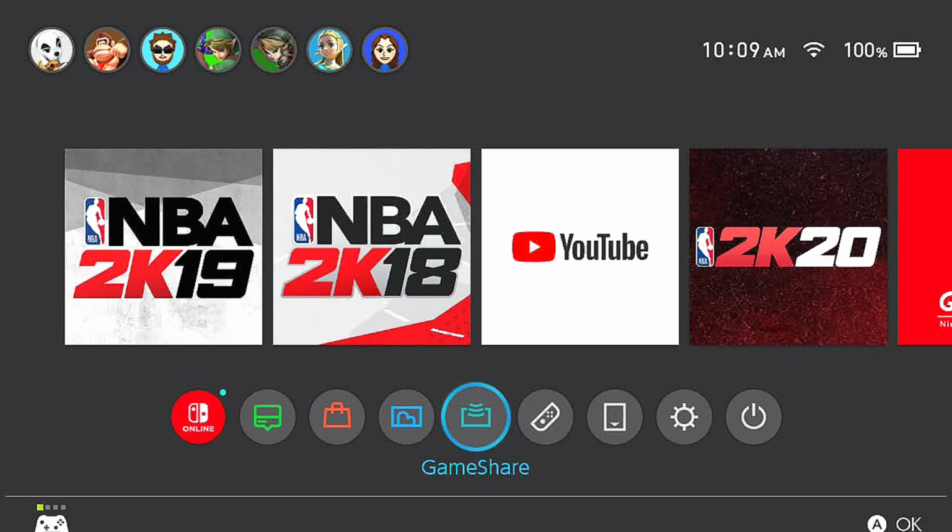GameShare. GameShare is a feature similar to DS Download Play, where users can play multiplayer games using a single copy of the game. While the feature was introduced to the Nintendo Switch in the 20.0.0 update, GameShare requires a Nintendo Switch 2 system to share the copy of the game. The feature also works online on the Nintendo Switch 2 via the Game Chat service.